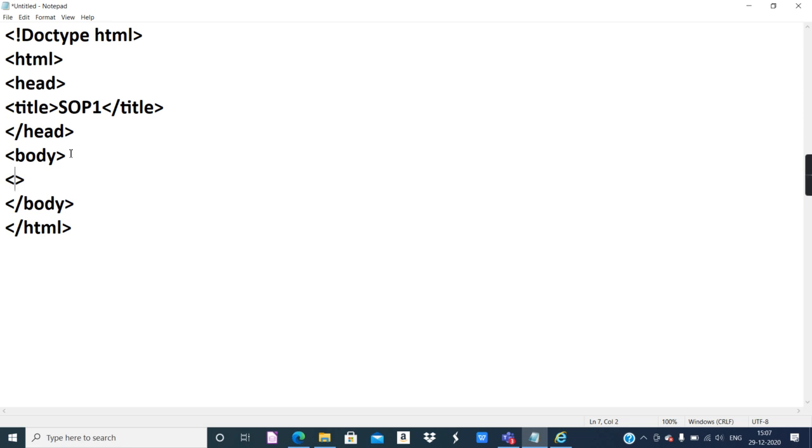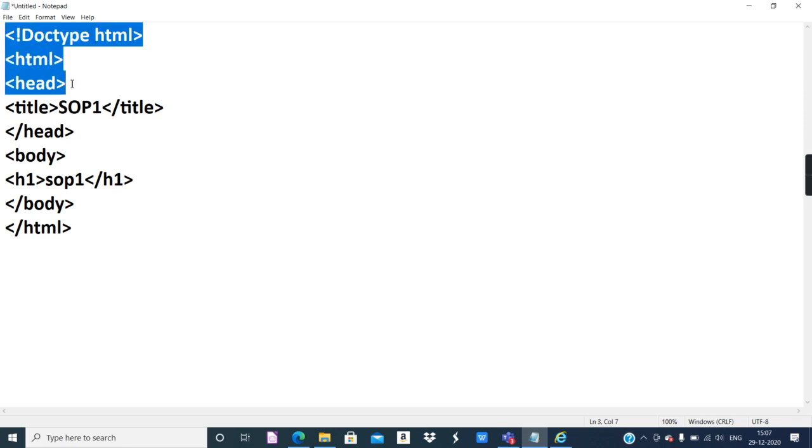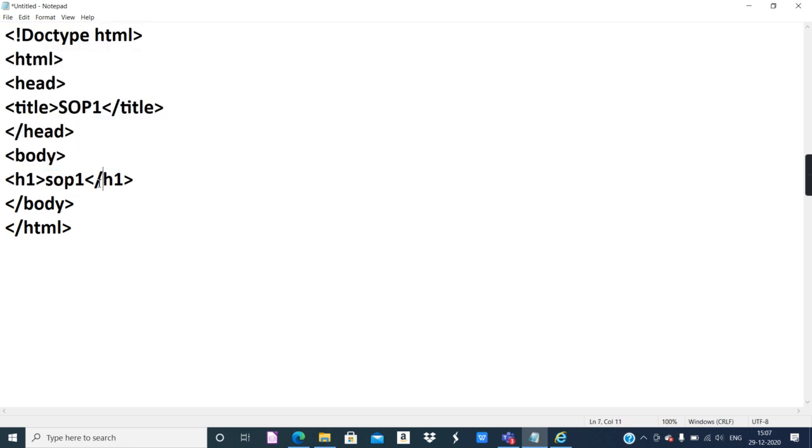Either try with an H1 tag, any level of heading, or a paragraph tag, and type any simple text and see if you get the output. Close the tag correctly. It is very important to type the names of tags correctly, otherwise it is not going to be executed.